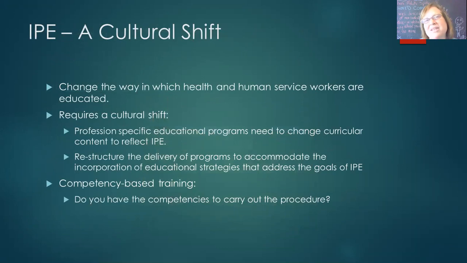So they have to have courses even like this. Now our course would be even more robust if we brought in other health professions. We typically at UOIT and the Faculty of Health Sciences have some non-nursing students in our course, and so welcome to anyone who's not a nurse, but to have an even greater representation of non-nurses would make the course that much more robust. We also need to restructure how we deliver programs to accommodate these different educational strategies. So if we wanted to bring in other health professionals at the university, for example, UOIT and Durham College are collaborative within the nursing program, but DC has a lot of other health programs. Is there an opportunity for us to collaborate in education in a different way?